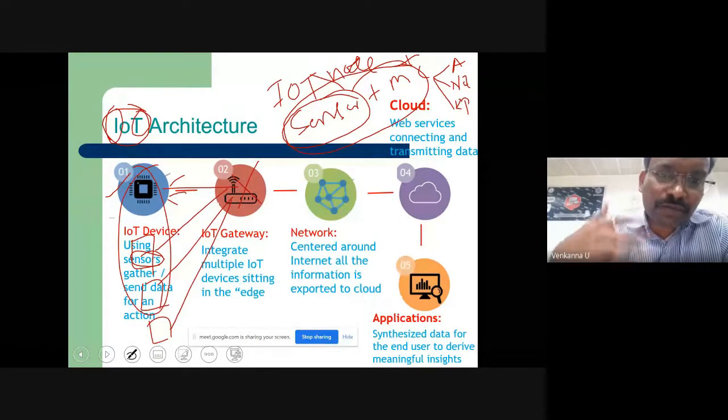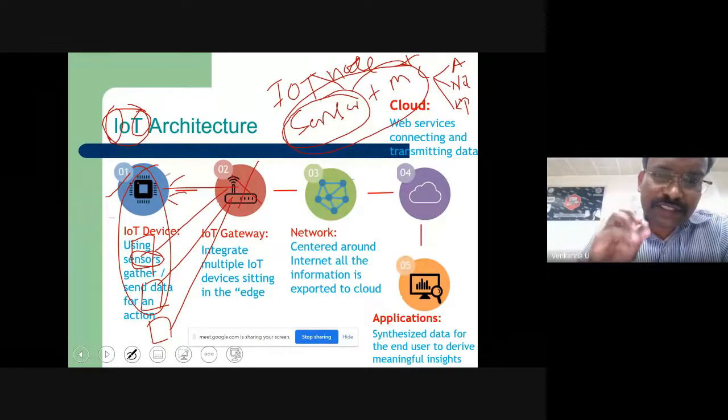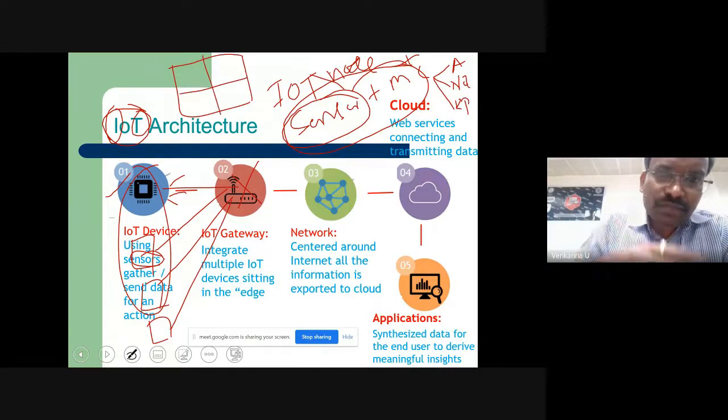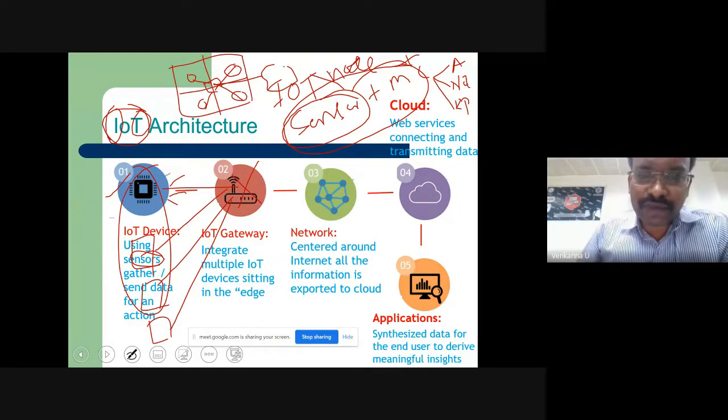When you develop multiple IoT nodes, take the example from the agriculture point of view. Your agricultural land may be of a certain huge range. To collect the data of this field, you keep one IoT node here, another IoT node there, another IoT node, like this. Now, if you put a gateway in between, its duty is to collect the data of these four IoT nodes and push it to the internet. In that context, the gateway is required.